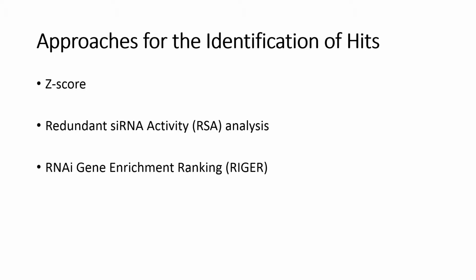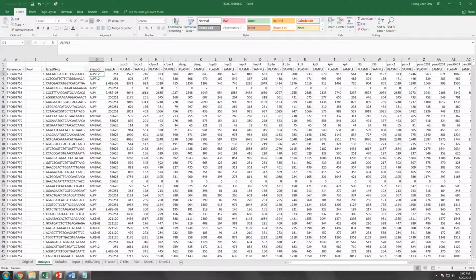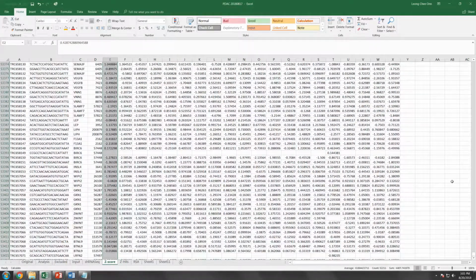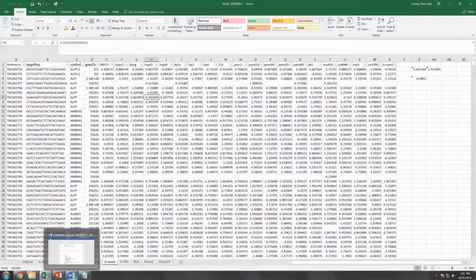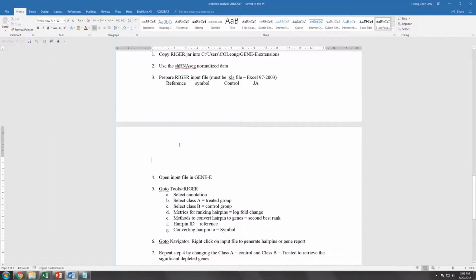And finally, the last method that we are going to see is how to use the RIGER, or the RNAi gene enrichment ranking analysis, to identify the hits from the RNAi library screen. Now, for the RIGER analysis, unlike the C-score and the RSA, where you can use the C-score as the input, for the RIGER, if you look at the Word document file that I sent to you,